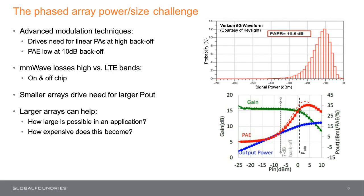But the first thing to note when you're looking at these phased arrays is almost across the board they're adopting new modulation techniques. OFDM is the most common of these. That is modulating the signal in a far more complex way, and as a result requires a level of linearity from the devices designed than simpler modulation schemes called for historically. OFDM requires that you think about the most likely operating power at any point in time, but you also have to take into account the peak operating power that you're going to have to drive, and you really have to then look at